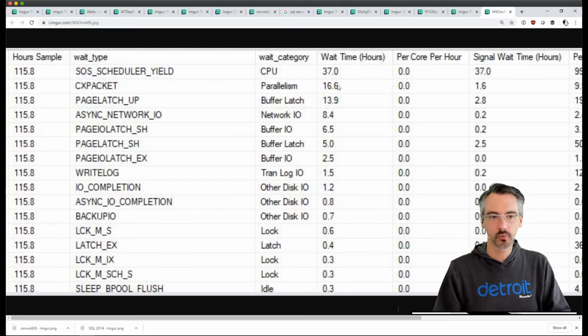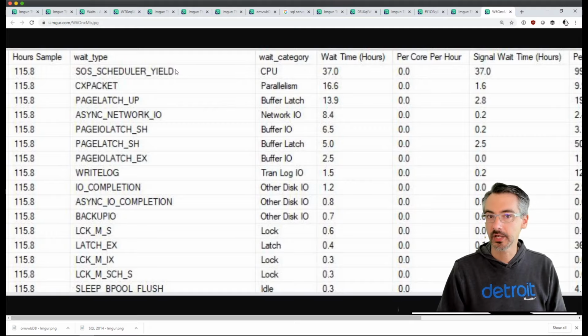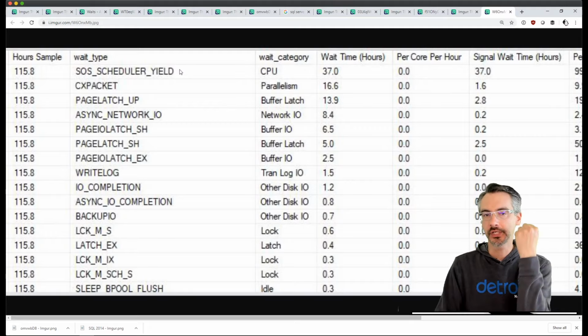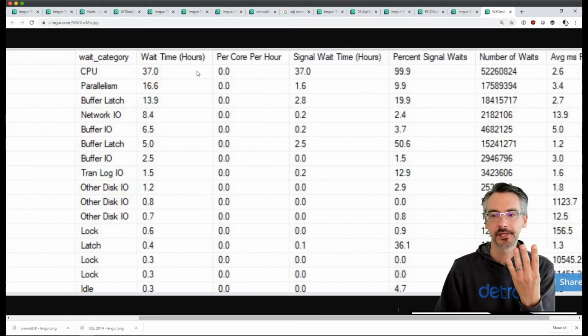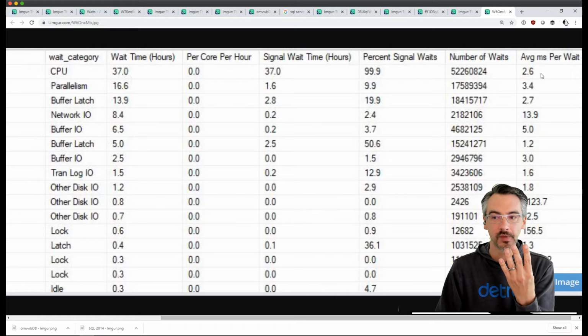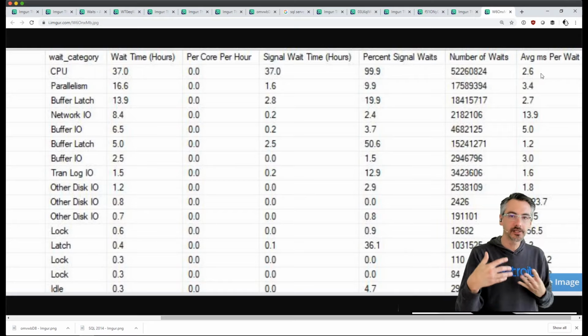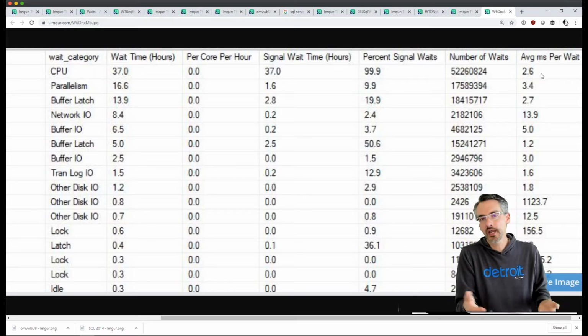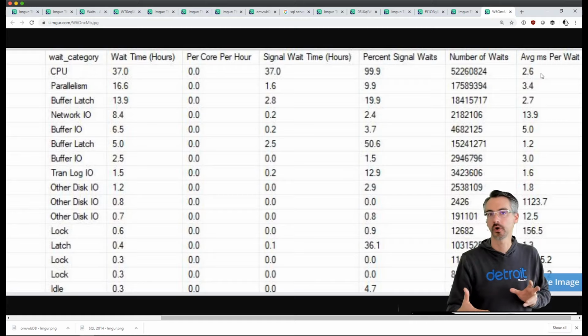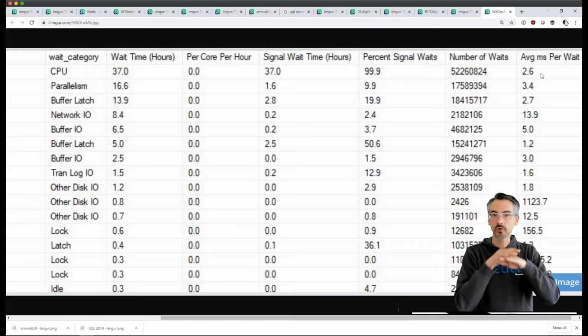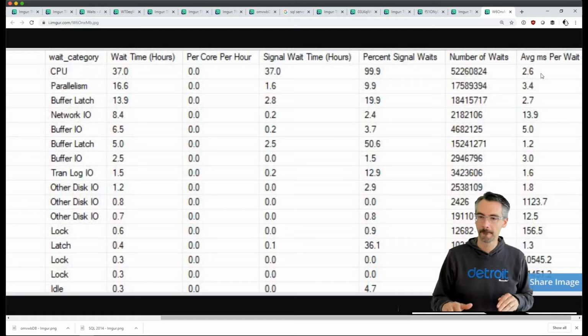So what this top wait SOS scheduler yield means is that queries are using CPU for 4 milliseconds, and then they're waiting for 2.6 milliseconds. So you can kind of think of it as queries that need CPU are running about a third slower than they could if there was no competition for CPU at all.